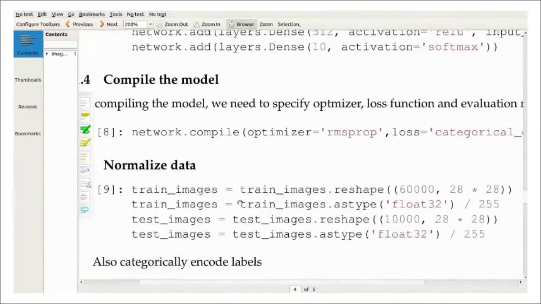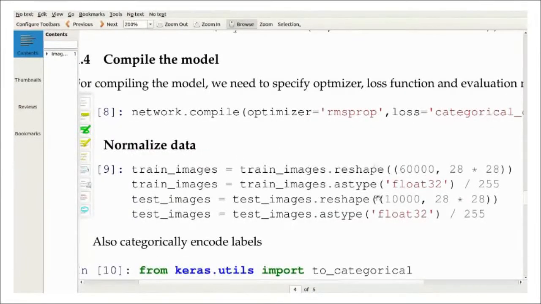Now, for the images, there are some image processing techniques. You are converting these values by dividing by 255. These are part of image processing, not part of neural networks and machine learning. In order to pre-process the data and get the correct pixel values, we are dividing them by 255. You are converting them into grayscale images and normalizing the data by dividing by 255. For the time being, you can understand it like this.